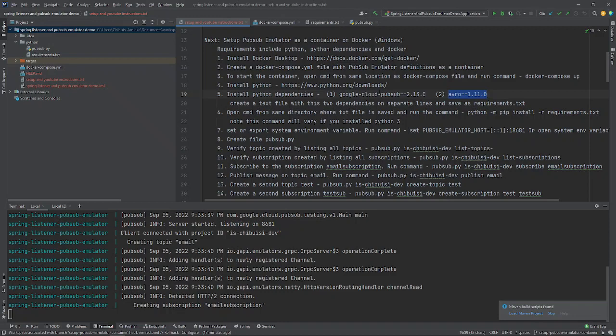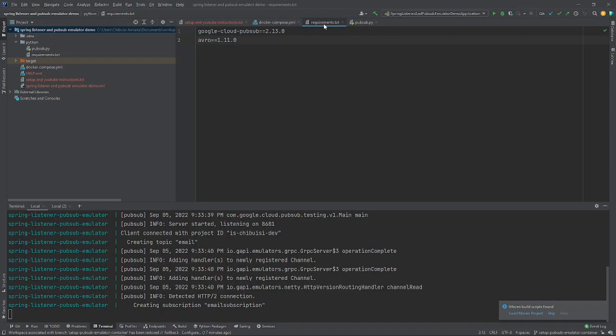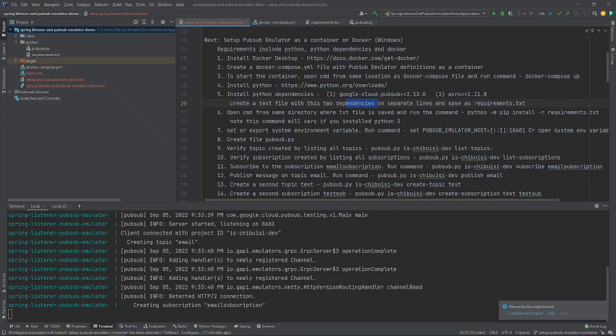Python depends on these. Next, how do we do that? We create a text file and add these two dependencies on separate lines. That file will be called requirements.txt, and then add both requirements on different lines. When we do that, we save it as a text file and then open command prompt again from the same directory